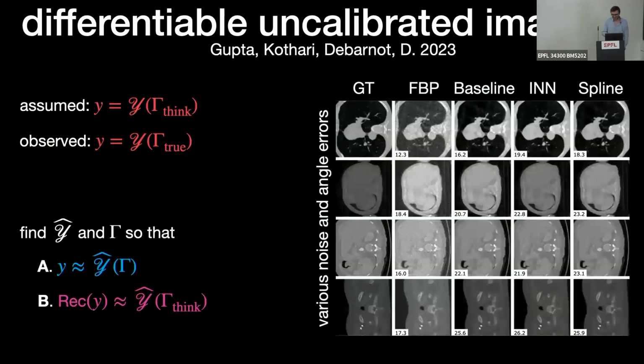So you can run this at varying levels of angle errors and varying SNRs, and you can see that accounting for this error greatly improves reconstructions. By the way, since Michael is not here, maybe I skip this spline comment that I had in store. But we implemented the spline version of this. It also works well. So maybe you don't need it.